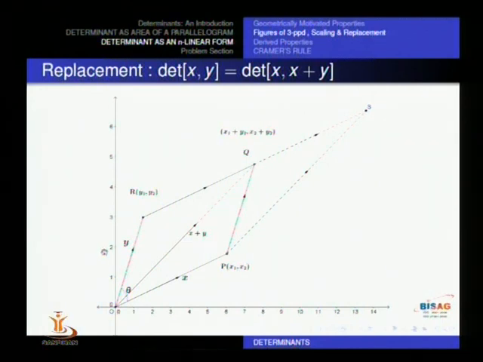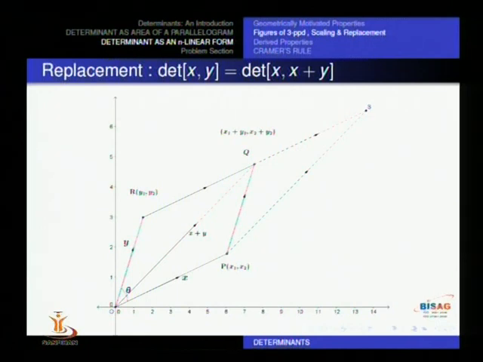If you replace one of the vectors by another vector which is obtained by a linear combination of the given vectors, then the determinant does not change. Here one can easily visualize this case. We have taken n equal to 2, and in the 2-dimensional case we are talking about area; 2-volume is basically area in 2 dimensions. In the diagram there is a parallelogram OPQR, which is obtained using vector x and vector y. The diagonal is vector x plus y, which comes by the vector law of addition.